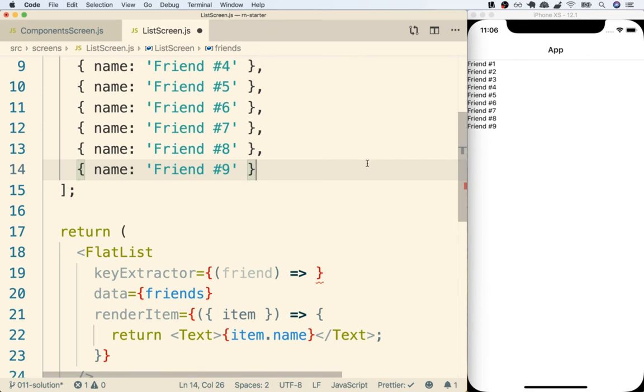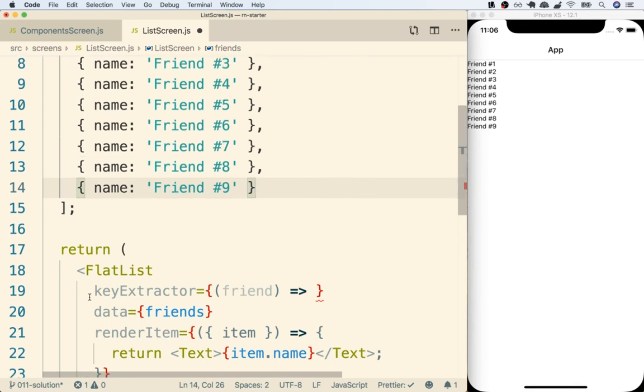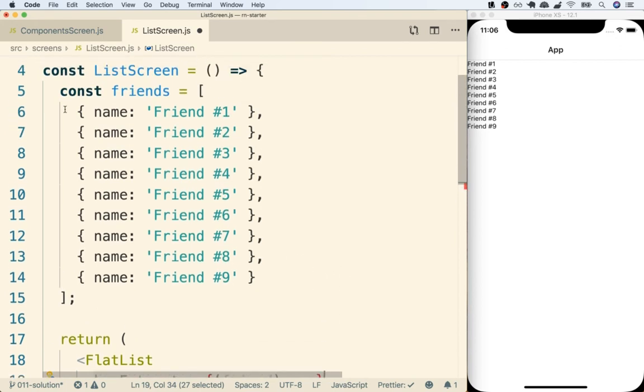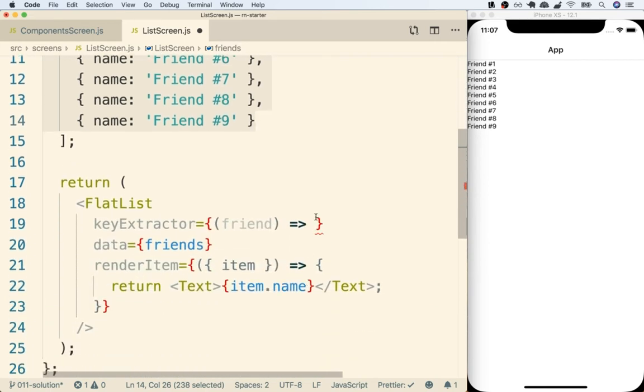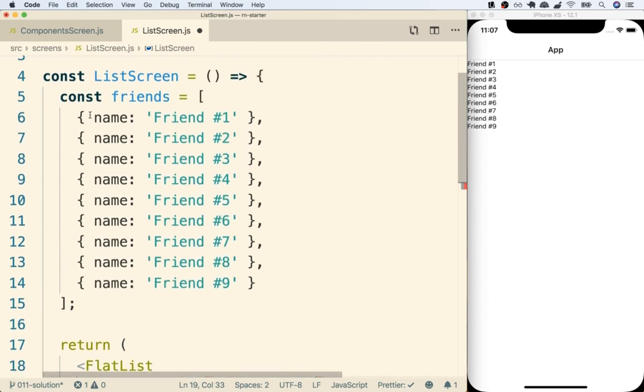So the only difference here is that now we're going to essentially define our key property kind of like at runtime right here when we pass our data into flat list, as opposed to kind of ahead of time on our list of friend objects. So once again, we can return some unique character or some unique string that is consistent across re-renders of our list. So in this case, we might try using, say, our name property. Notice how the name property is a string, so that suits requirement number 1 of being a key, and it's unique compared to all of the different objects inside of our array. So this name property would be perfect to use as a key as well.